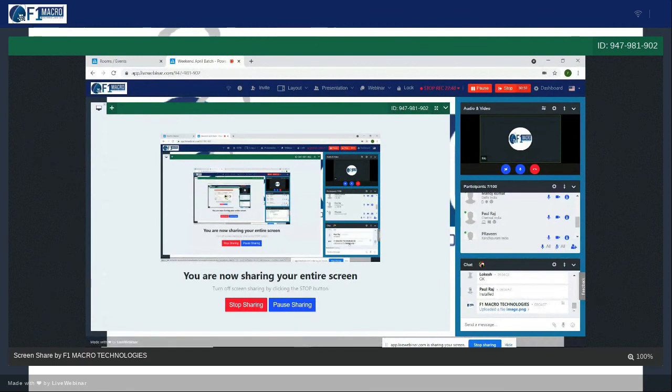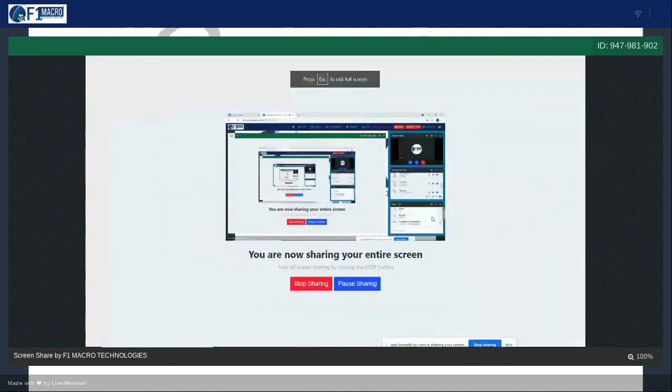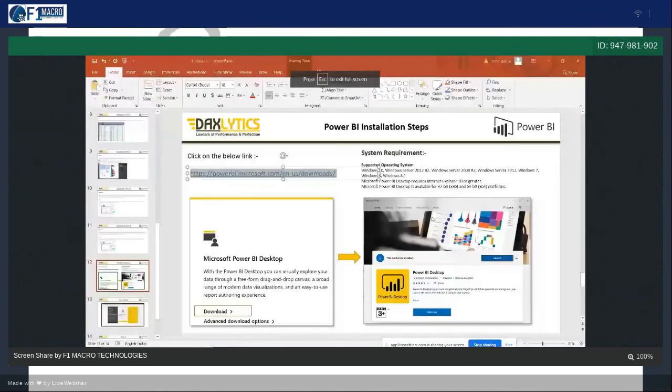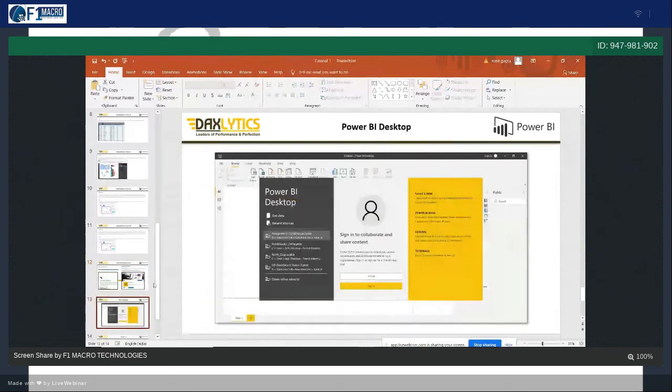I will share this PPT. Under the PPT, let me guide you. Paul already installed, that's very good. You just click on this link, click on download. For example, it is coming as launch; for you, it will be coming as install because I have already installed that product. So you just click on install, and it will automatically install into your system.